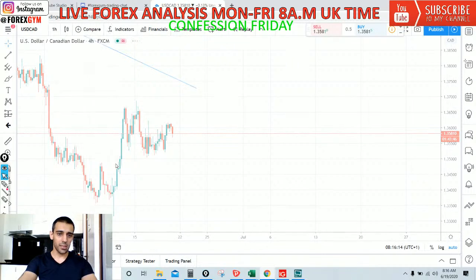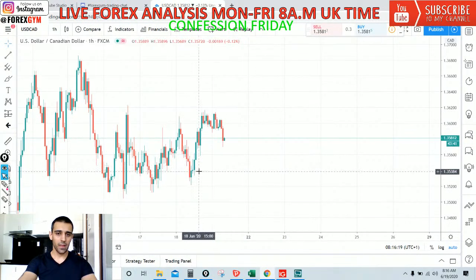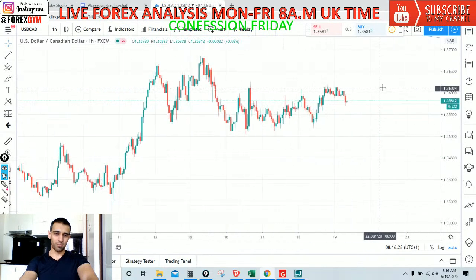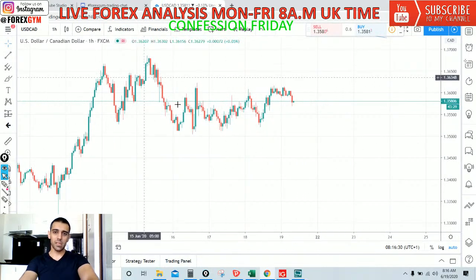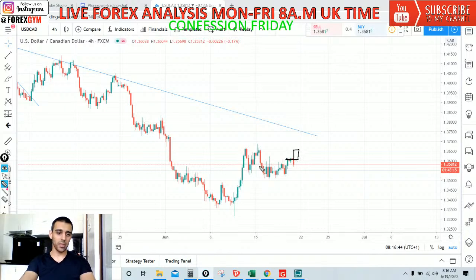Let's have a look at the 1 hour time frame. On the 1 hour, we've seen this nice move, and then it went back to the choppy range, and now it's coming down. It's very weird looking. So for now, it's untradeable. Maybe if we see some momentum pushing higher, maybe breaking these highs and closing strong bullish, then I might look forward to trading this one. But for now, just leave it alone.